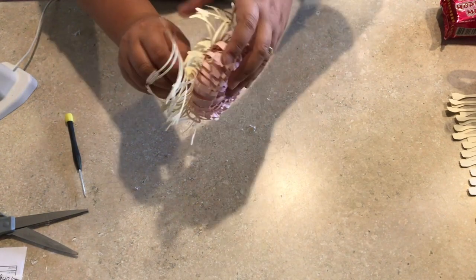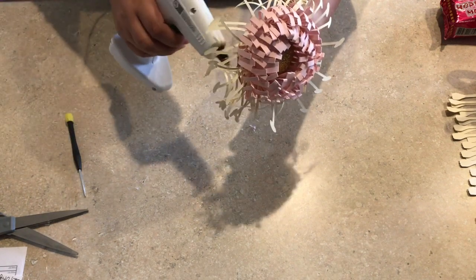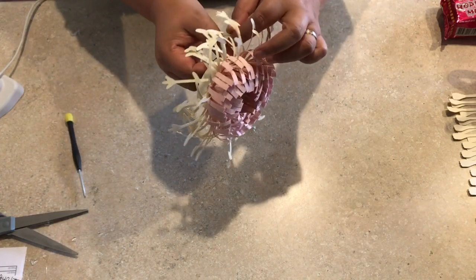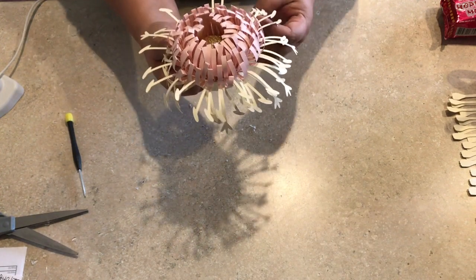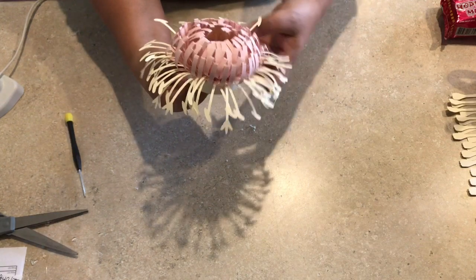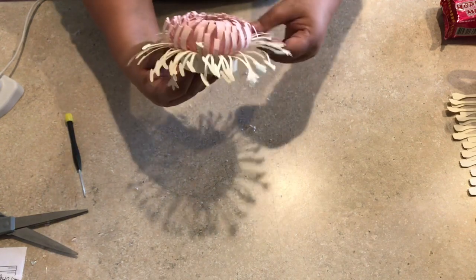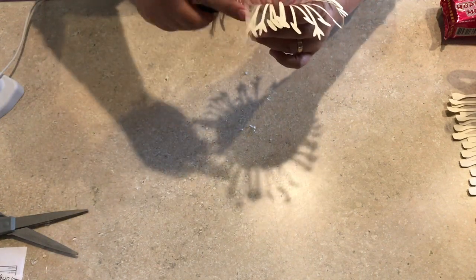It's a bit challenging to glue this one because of the details of the center. There's a tendency that it would tangle up like this. So just slightly arrange it and untangle those that are tangled together. So once we finish doing that, I think it would be nicer if we will just